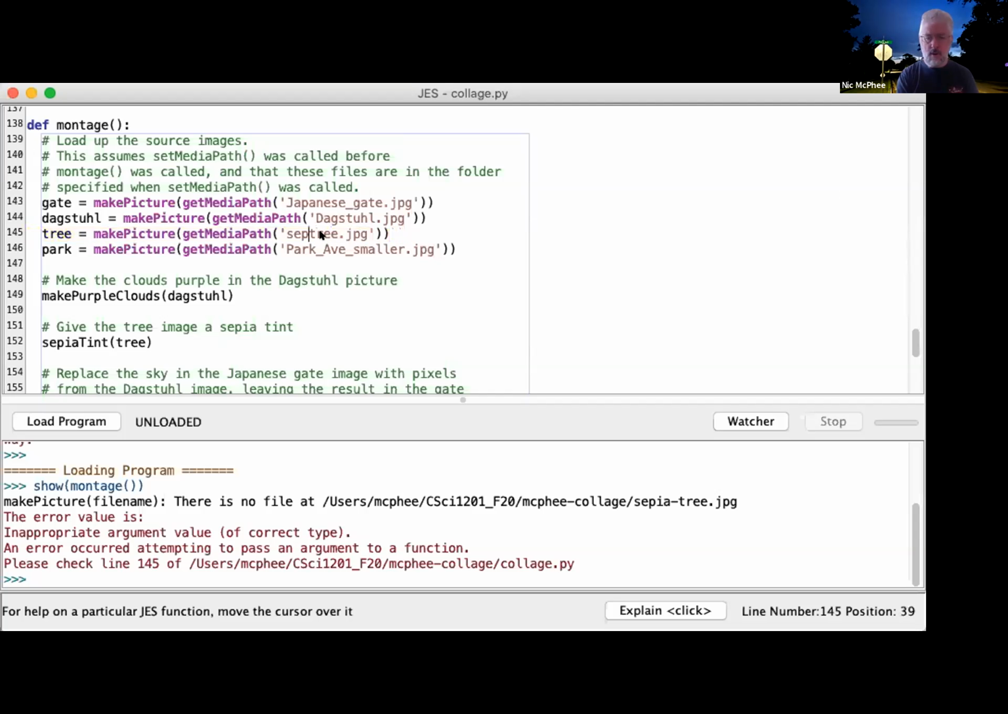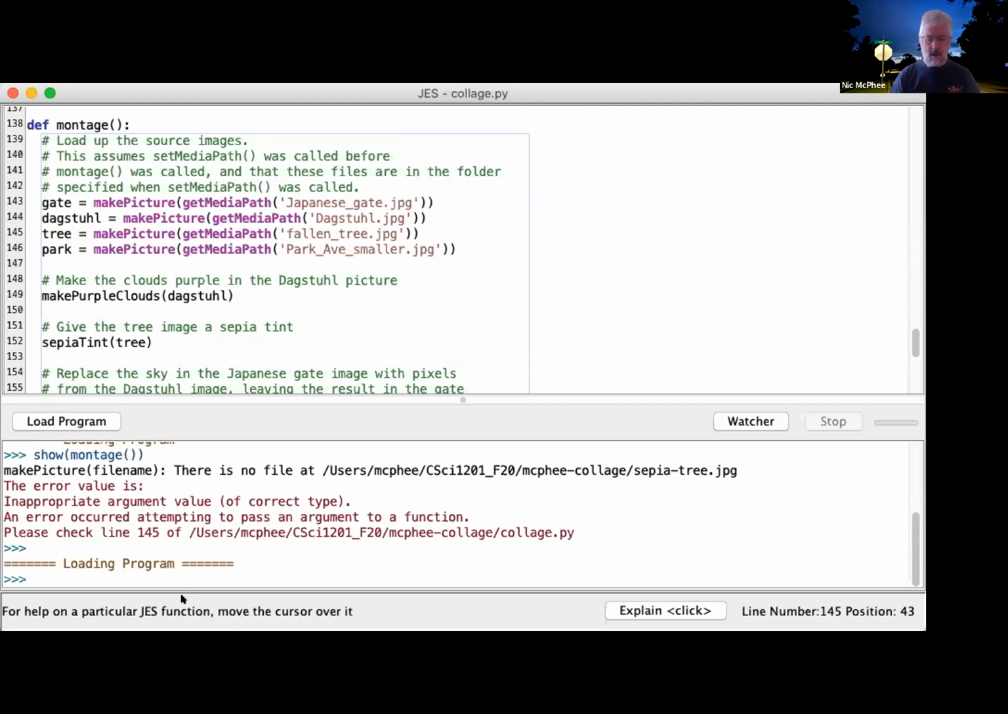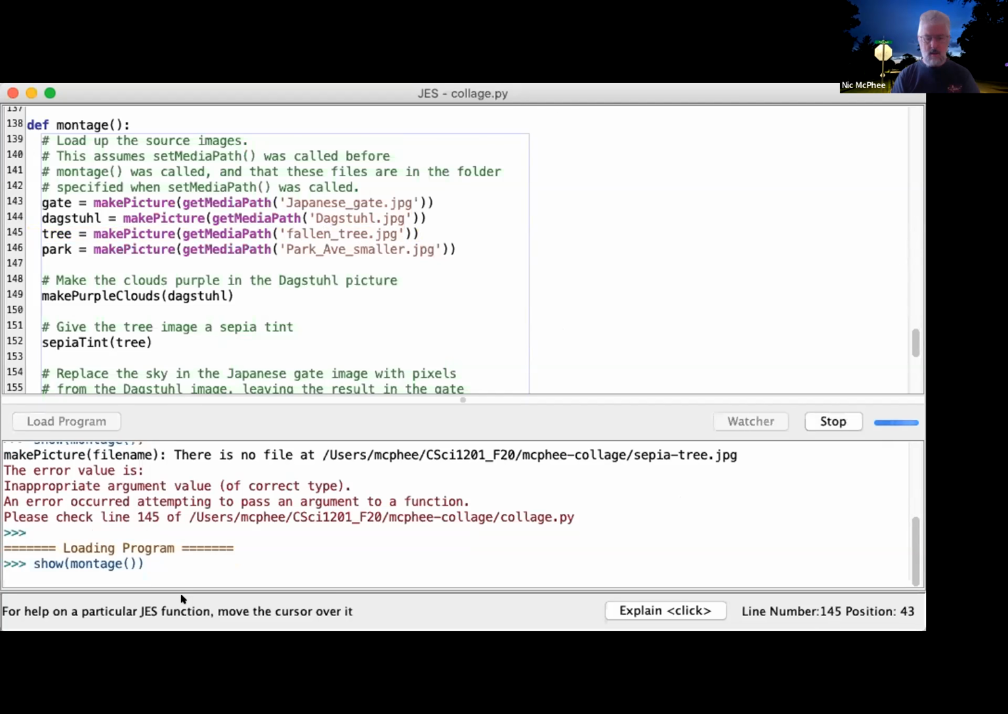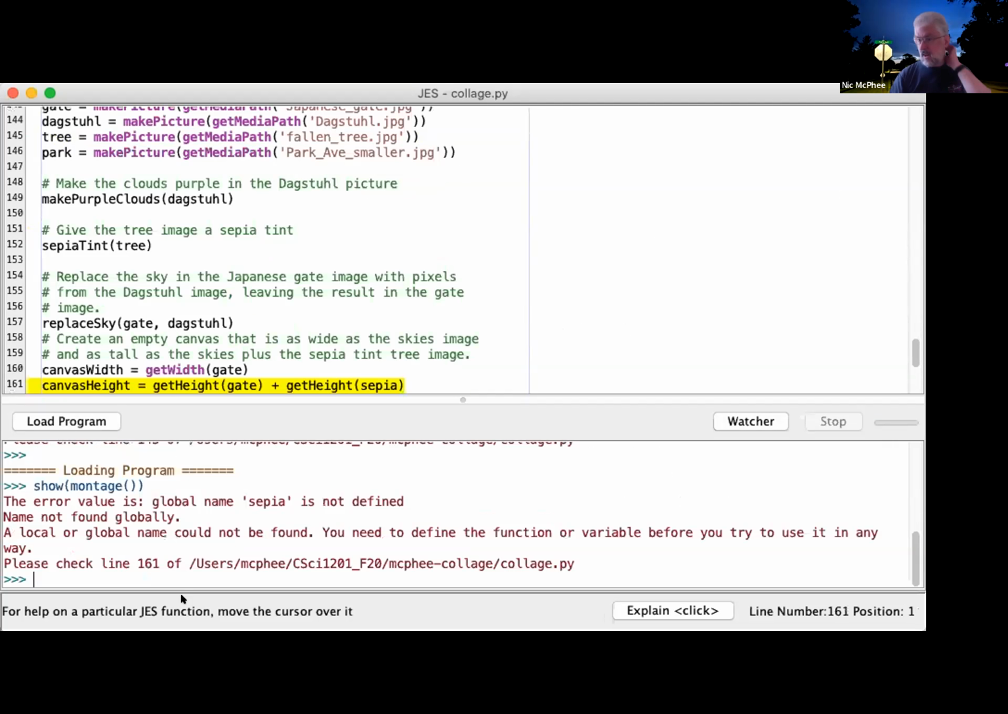Fallen underscore tree. And now let's try loading again, and let's try running it again. And if it's doing a lot of manipulating and stuff, it can take a while. It didn't like sepia